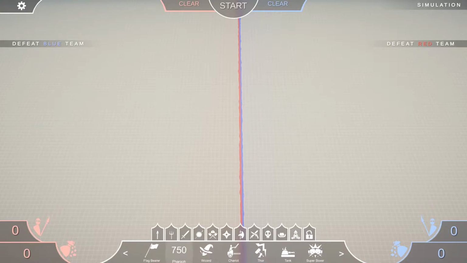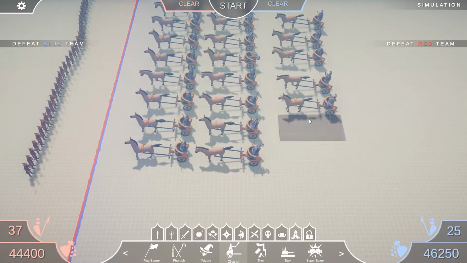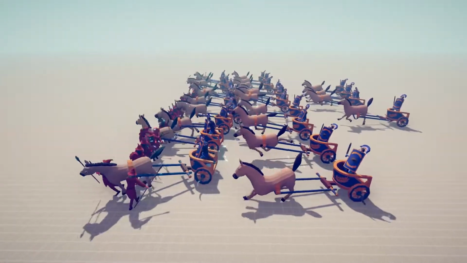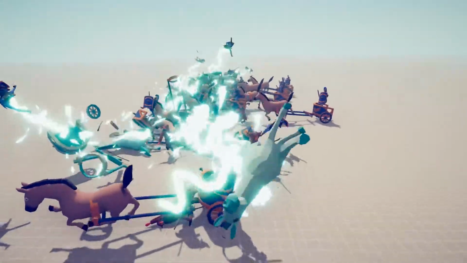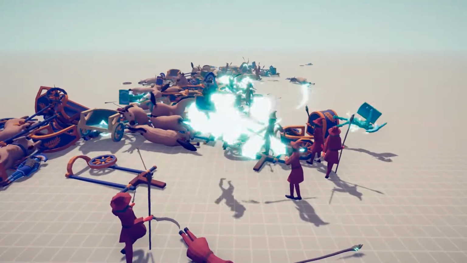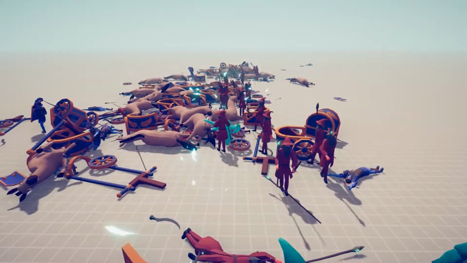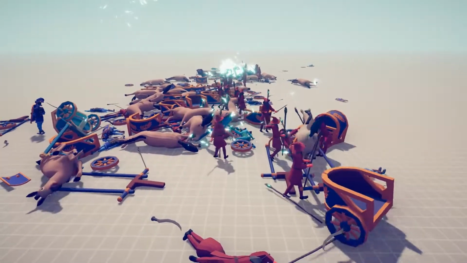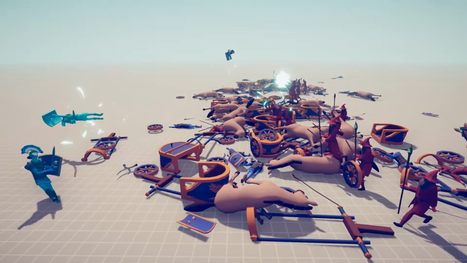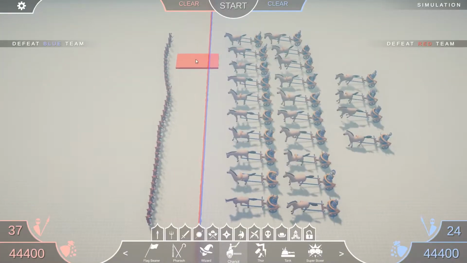Okay. On to the Wizard versus the Chariot. Alrighty, let's see what happens. Alrighty, the Wizards have won. So now we have tank